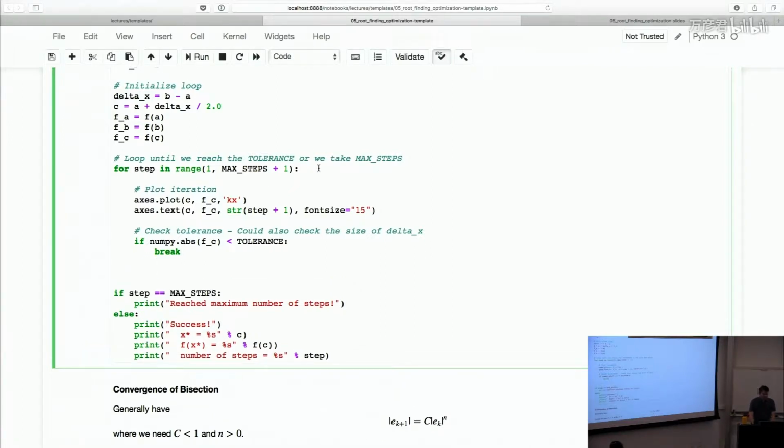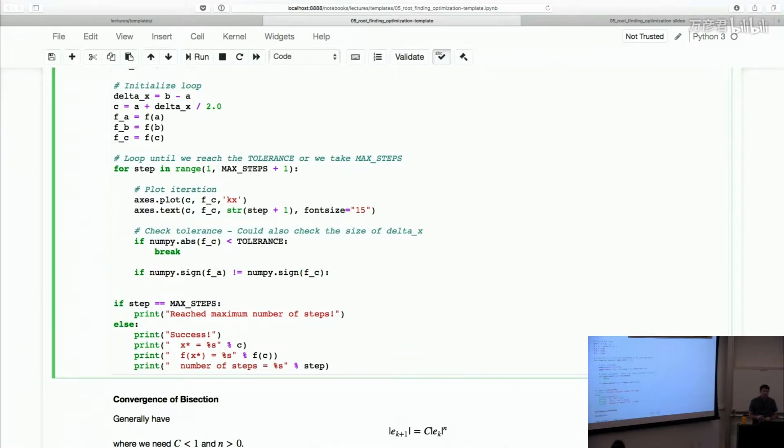There's a lot of different ways, again, to do that. All right, so that's just checking to see if I've succeeded, but we have to actually do something inside this loop. So what I'm going to do is check the sign of f of a, and if it's not equal to the sign of f of c, then I know my new bracket is going to be a to c, right? And I also know that because of that condition, that is truly a bracket, and that's the one we're going to choose. Okay? So then I'm going to set b now equal to c,